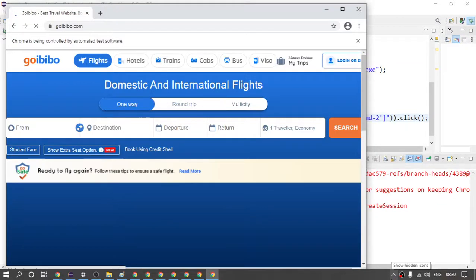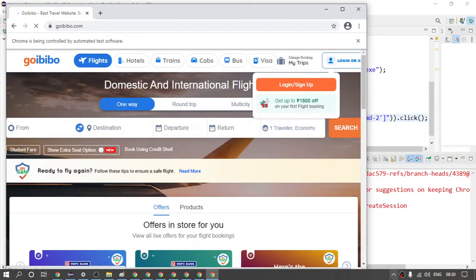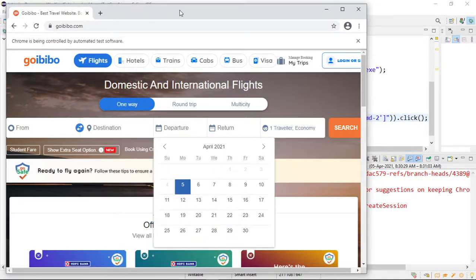So it should open the departure calendar by clicking on it. Once this loads completely, then only it will click. So it has clicked on this, right?